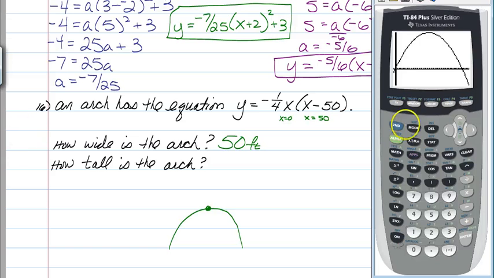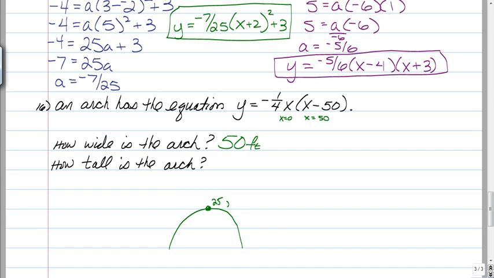Okay, so the height is at the top. So we're going to press second calc. Our maximum is number 4. And what we need to do is we need to take our left bound, right bound. So what you need to do is you need to take your little blinky thing, and I'm going to put him right about there. Click enter. And then I'm going to take him to the right side of the arc. And I'm going to click enter again. And then we're going to go to the top where we think it is. We're going to guess. And we're going to find out that the maximum is 25,